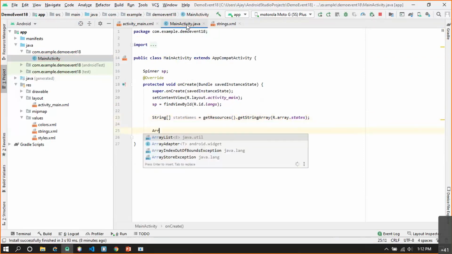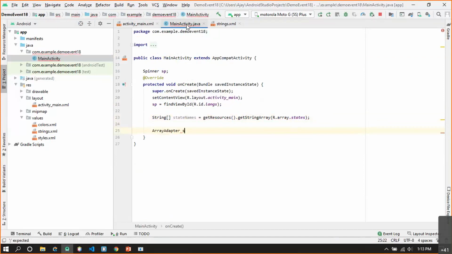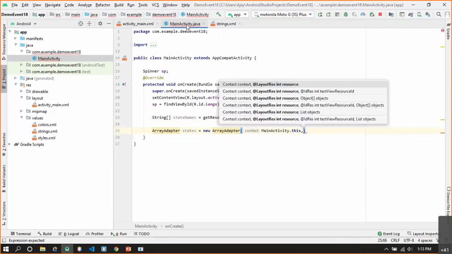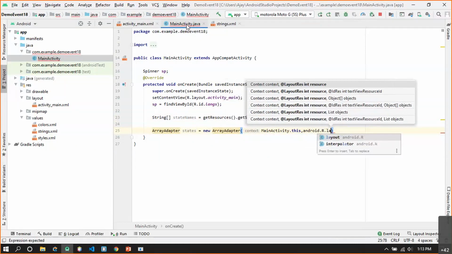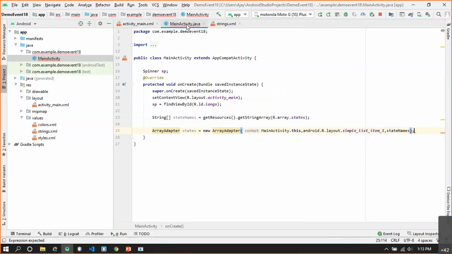So I can create an array adapter. Let's call it states is equal to new ArrayAdapter, MainActivity.this, which is a reference to the current activity. Then the layout ID, android.R.layout.simple_list_item_1, and then the array we have with the name stateNames.